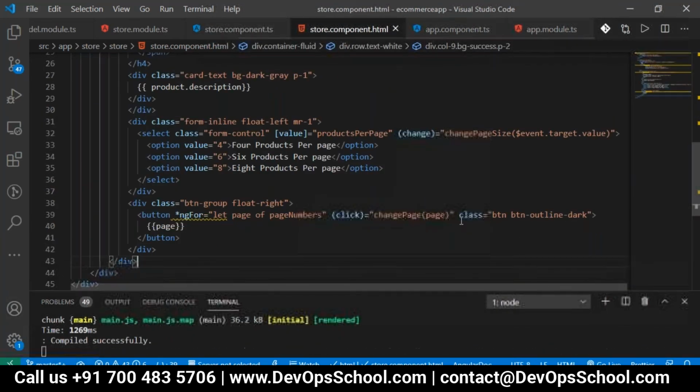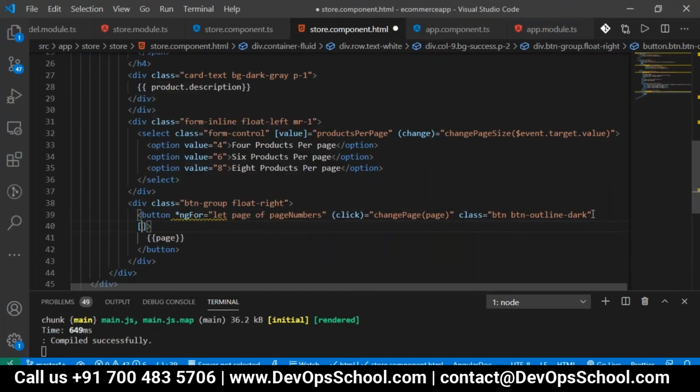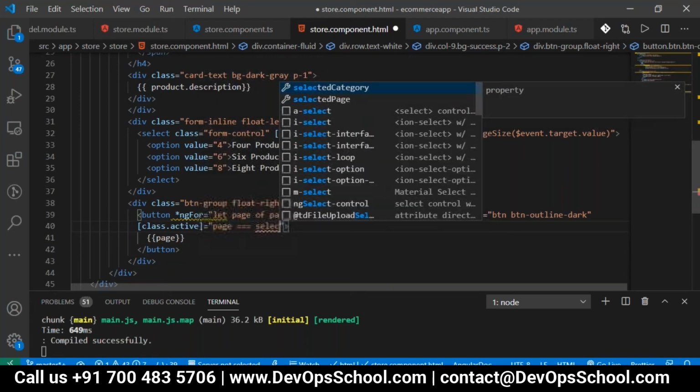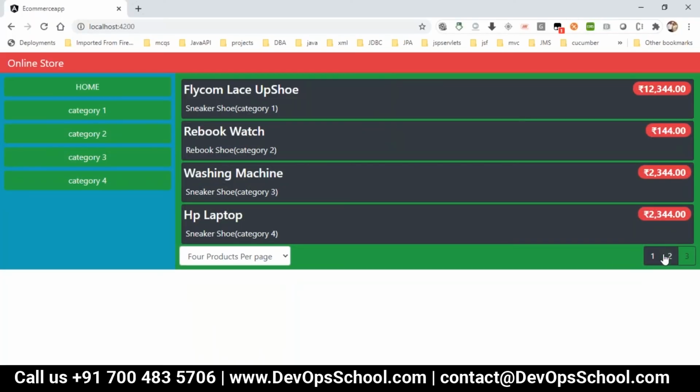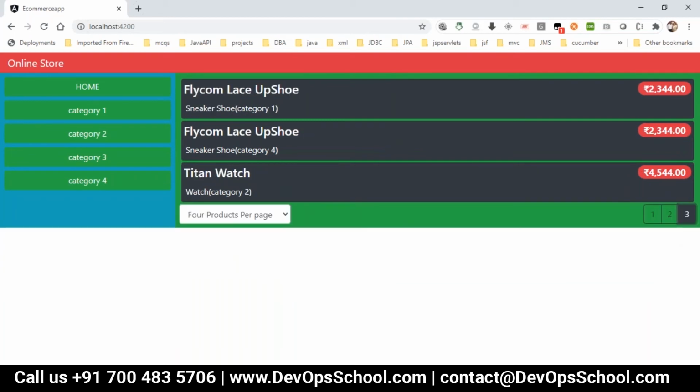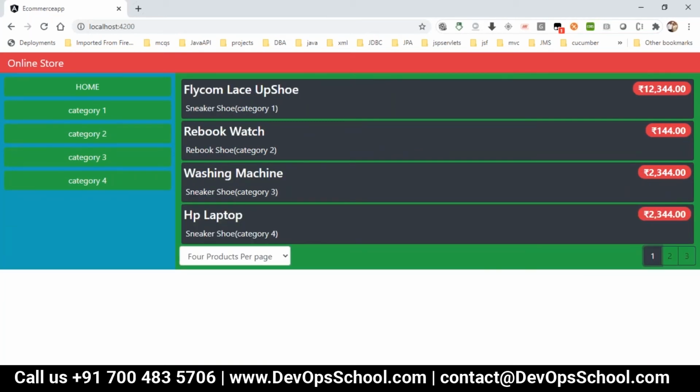If you want to mention which is selected, if you want that particular button to be highlighted, use class.active with the page equals selected page. So the page becomes active when it is the page you have selected. Now you can see that only the selected page is highlighted.